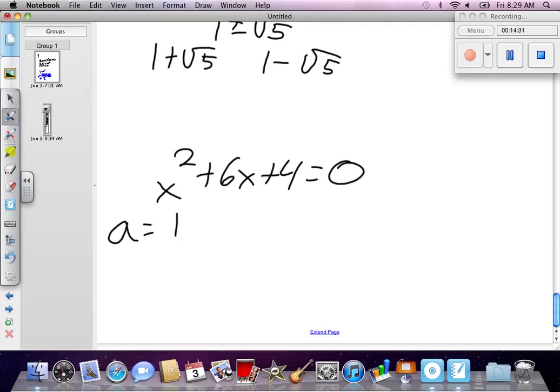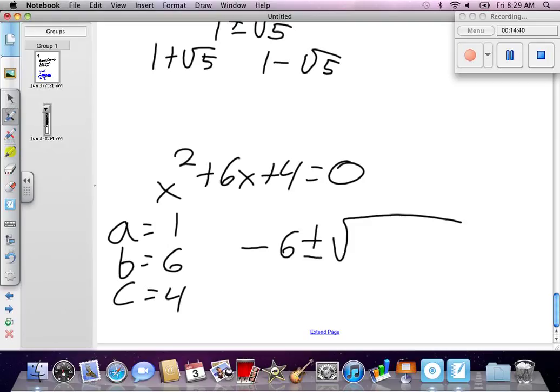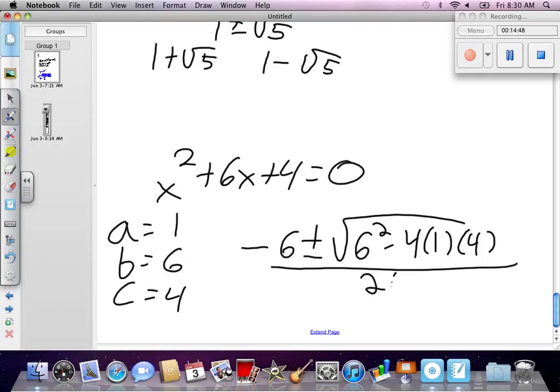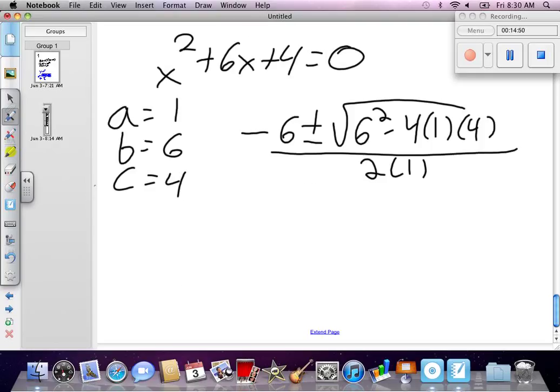a equals 1, b equals 6, and c equals 4. Okay. Then we have minus b plus or minus the square root of b squared minus 4ac all over 2a. Put what's underneath the square root in your calculator. 36 minus